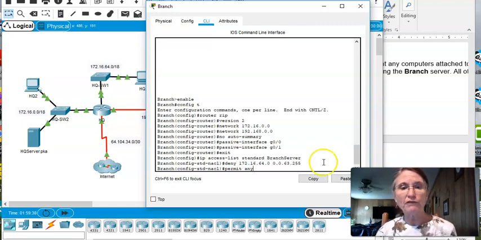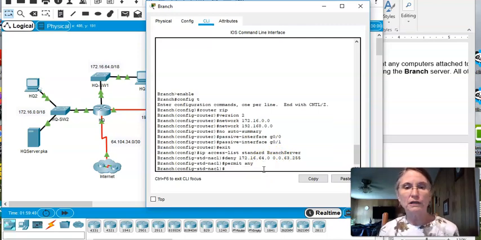Okay, so if we've already denied and then the implicit statement denies all, we're never going to get any traffic through. So we will put a permit any, and then basically we are now finished with the definition of our named